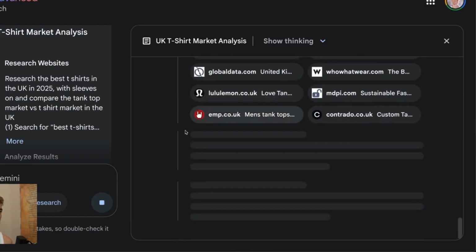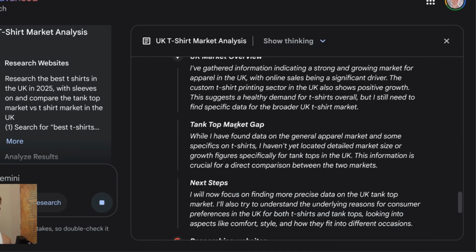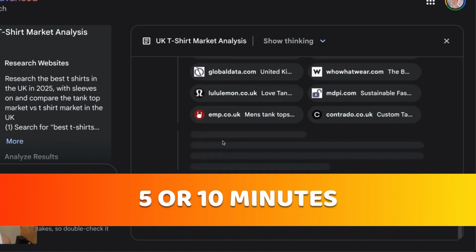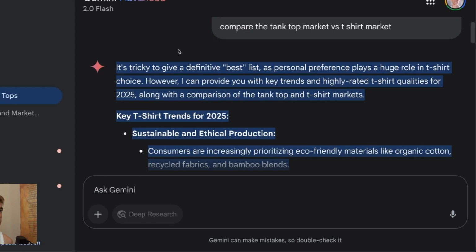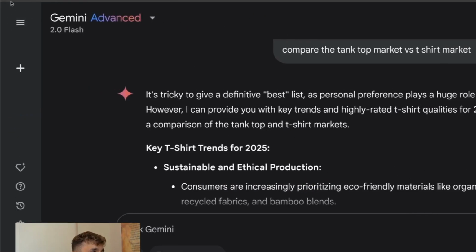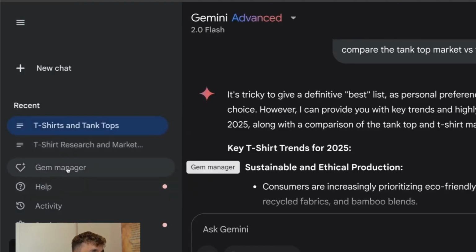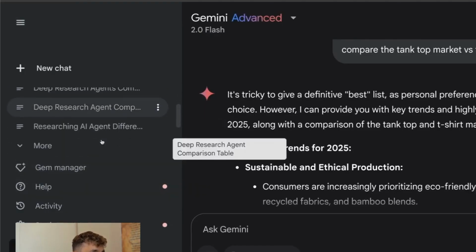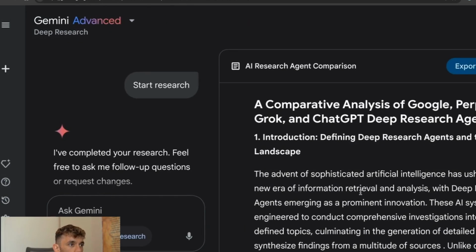Now, I'm waiting for this to load. Again, it does take a bit of time, so it might take 5 or 10 minutes. If you want to see one that I've generated earlier, let me show you an example right here. Where have we got it? We'll check the list on the side, scroll through the recent results, and we've got an example of a report